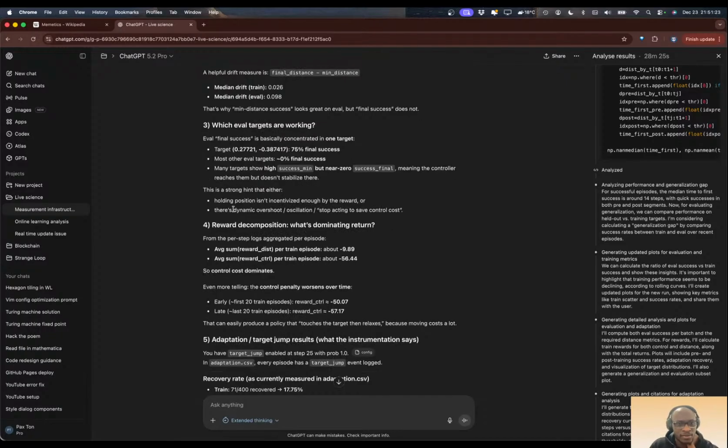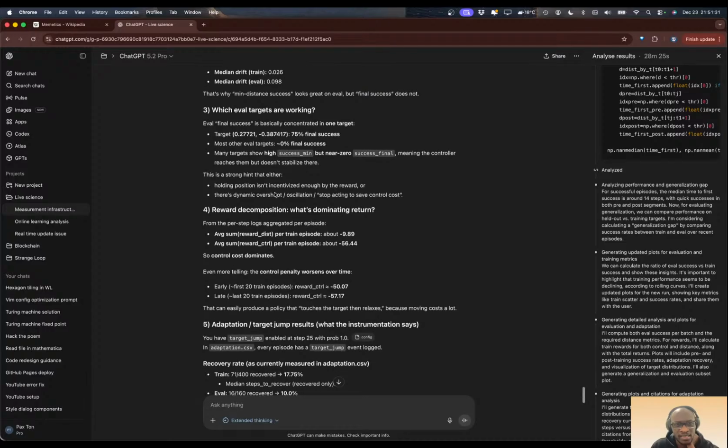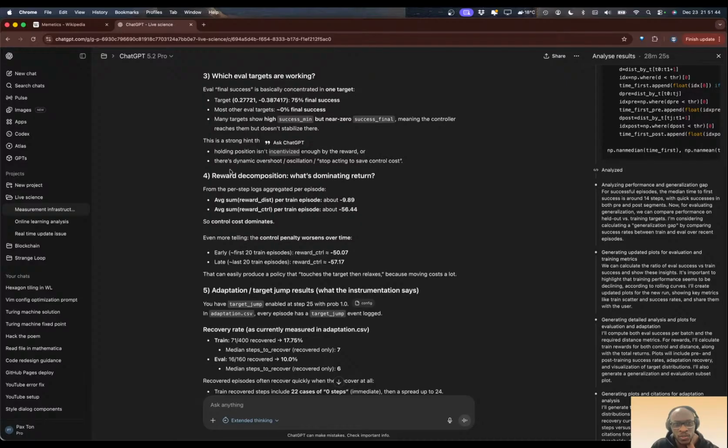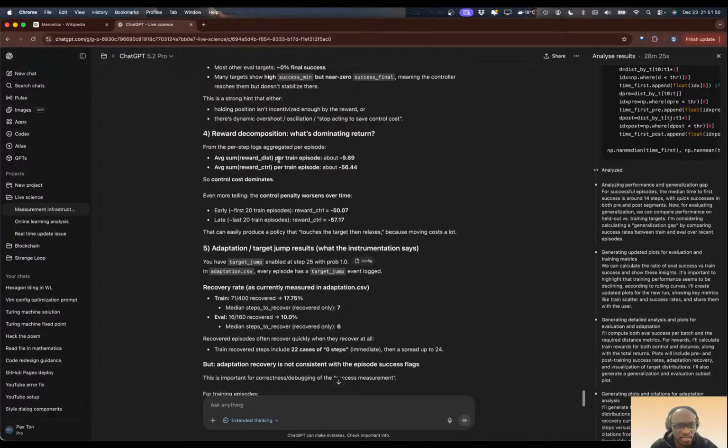Which eval targets are working? Okay, we have 75% success, and yeah, this is a strong hint that either holding position isn't incentivized enough by reward, or their dynamics overshoot, oscillation, stop acting to save control cost. Yeah, I think so much